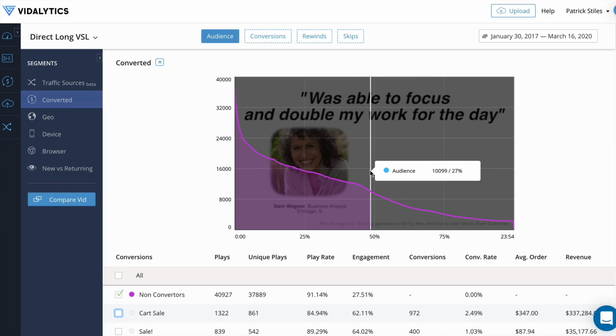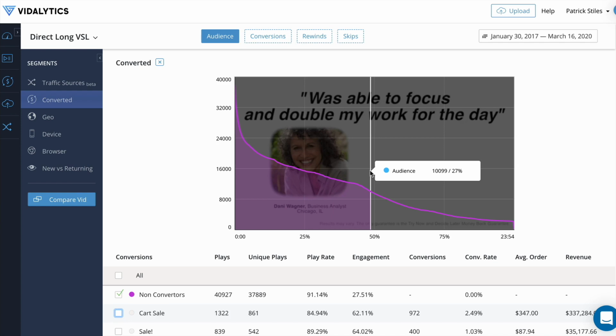And at this point, maybe they realized that this is a health supplement product and, oh, this isn't for me. Or maybe they didn't have enough information before that, right? So they weren't ready to be presented with the product, or maybe the price or the testimonials or anything like that. But basically, they engaged with it quite a bit because 30% to the link drop, to the buy button